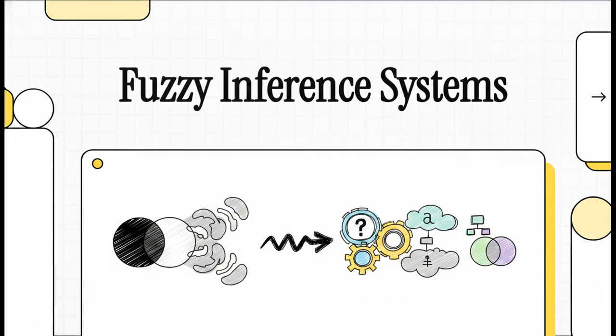Today we are diving straight into a seriously fascinating side of artificial intelligence. We're talking about how machines process the gray areas of information. We're going to literally follow the exact journey of a single piece of data as it travels through what's known as a fuzzy inference system. So let's just jump right in and see how computers actually handle a world that, well, isn't perfectly black and